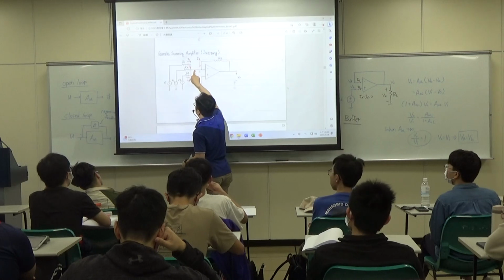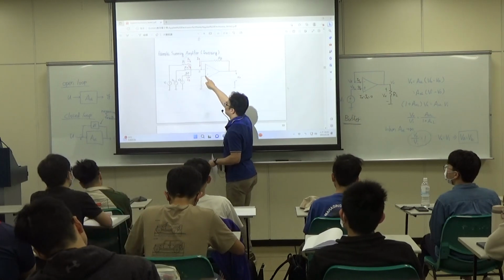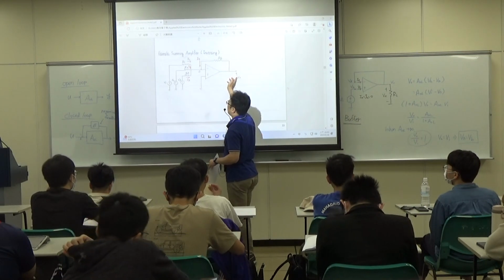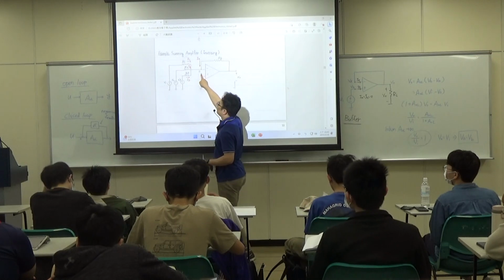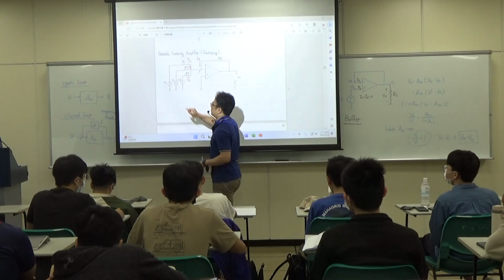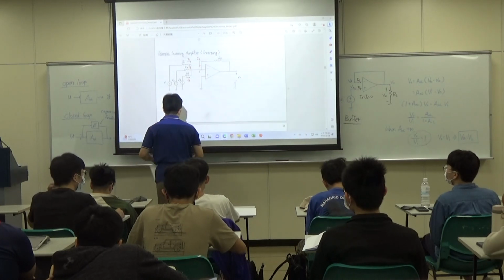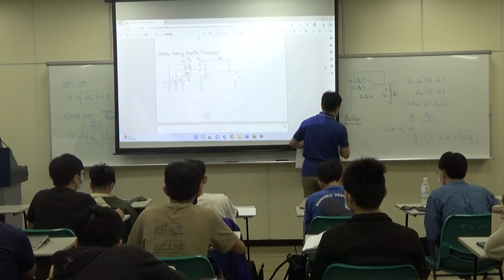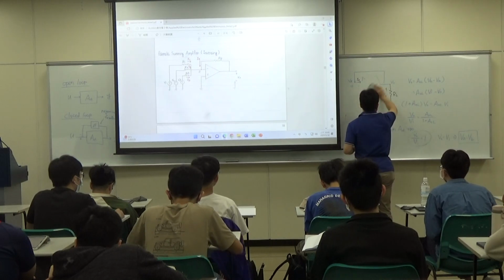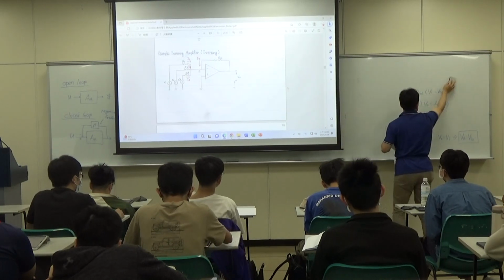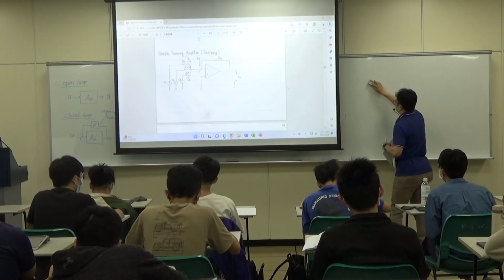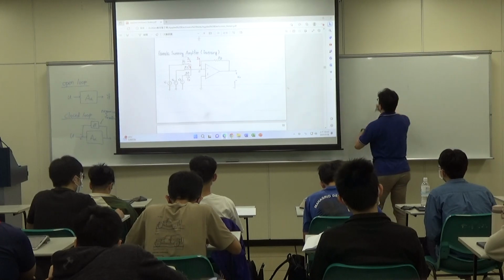So the summation of the current coming to a node is 0, so then we apply KCL. So in this case, we apply Ohm's law and we apply KCL, and then we can find out the relationship between VO and V1, V2, and V3. So that's the logic behind it. So I'm going to derive the final equation really quick. So from golden rule,